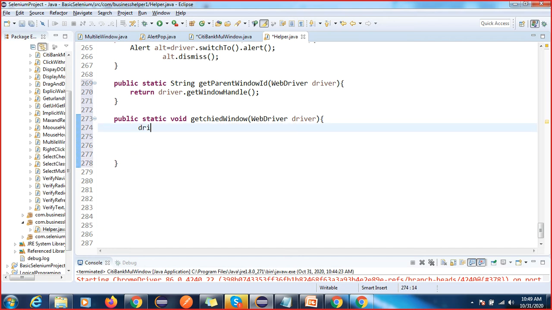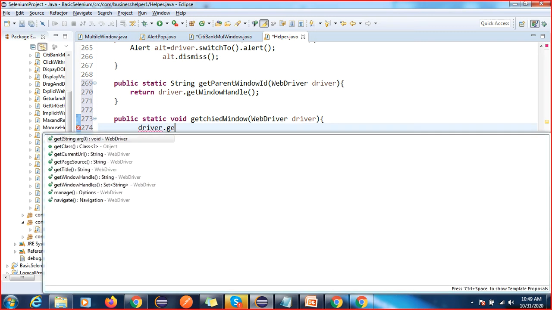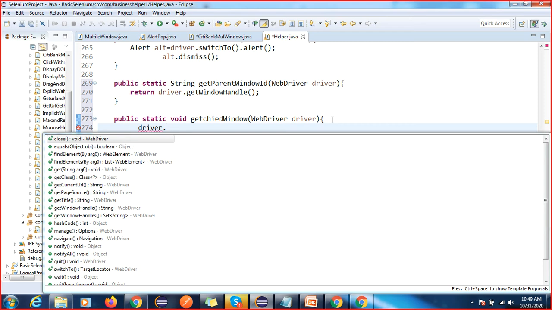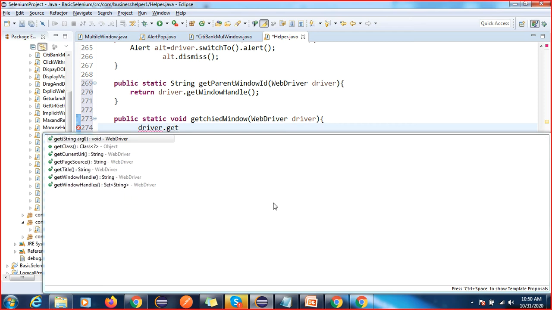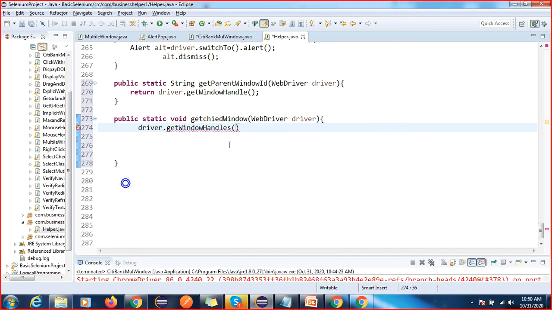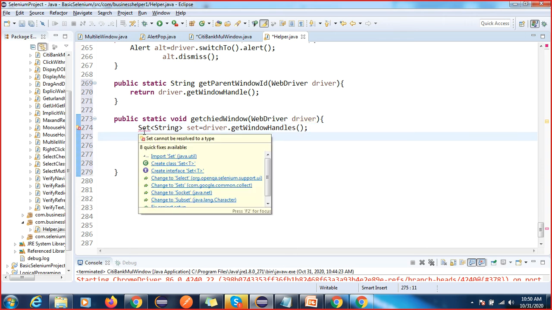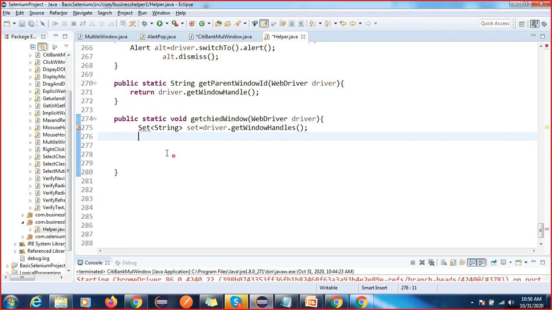So I will use driver.getWindowHandles. getWindowHandles will return a set type, so the set is of type string. Now for the other steps we will use the iterator concept.